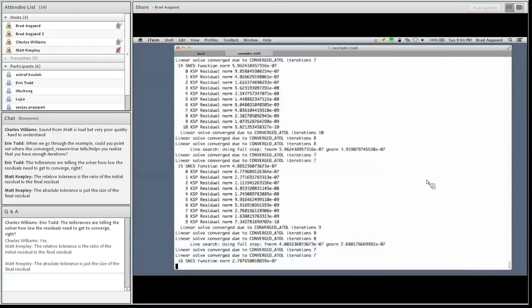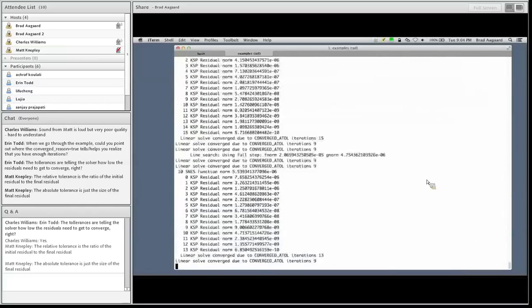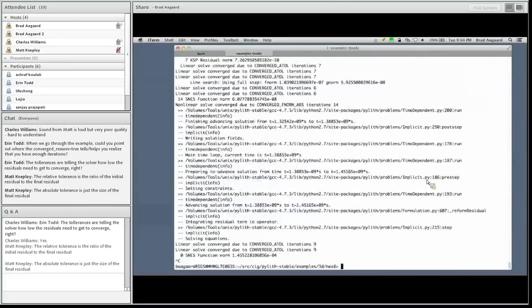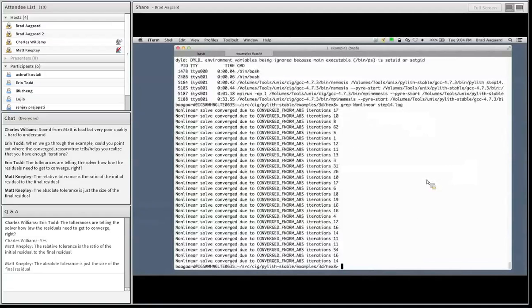It's hard to tell right now what's going on. All I'm doing is watching what's being written to the log file. I can stop this, and you'll see the simulation is still running there. I'm going to do a grep for nonlinear in my log file to get an idea of what's going on. One thing we'll notice, our nonlinear solve isn't taking one iteration, which we think it should be. It's taking 17, 10,